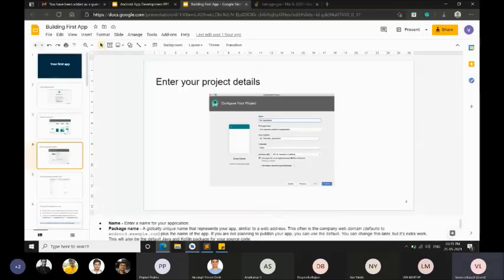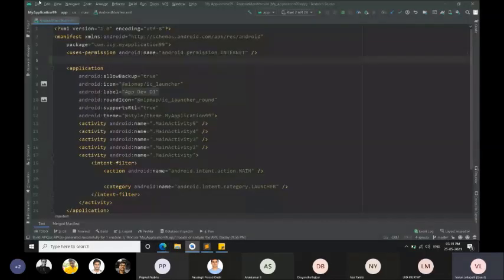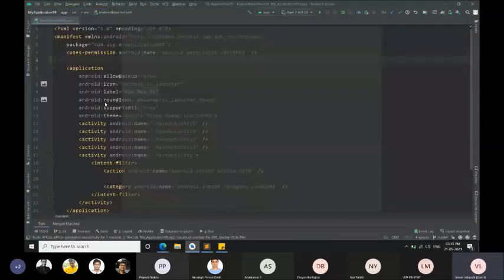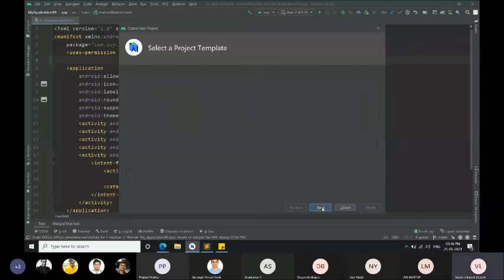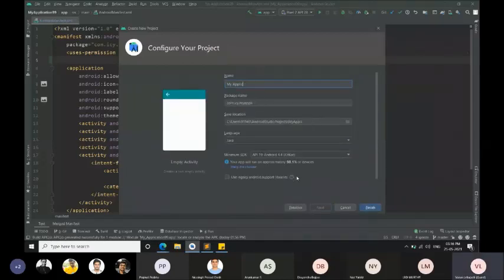When you want to create a new project, initially after you click on the new project, this is the first screen that you will get, as I have shown you. First, you have to click on empty activity, click on next. After that, name your application. I'm just naming it demo IIC 25th May. I can change the package name if I want, I can change the save location, and I can select my language, either Java or Kotlin.